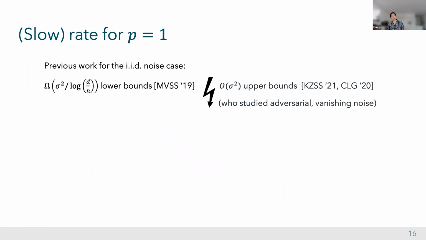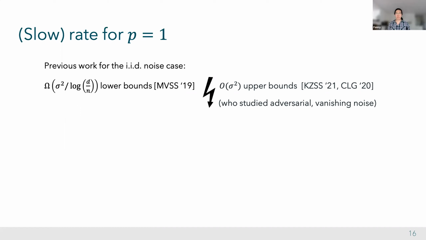And what happens for p equal to 1? Before our work, in the IID noise case, there was essentially a gap between lower bounds, which are of the order 1 over log d over n. So if you plug in d equal to n to the beta, you essentially have 1 over log n order, versus upper bounds that were of constant order. Now I have to mention the upper bounds were established for a particular setting that is different than ours, which is adversarial and vanishing noise. But there are no other upper bounds around